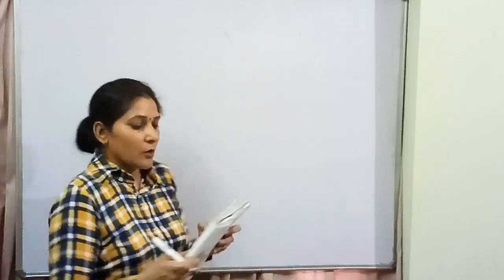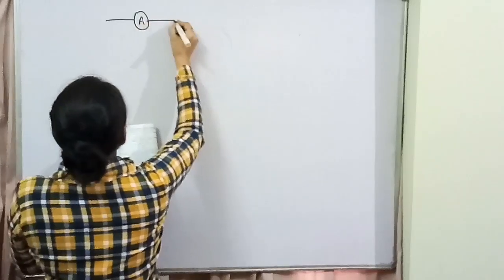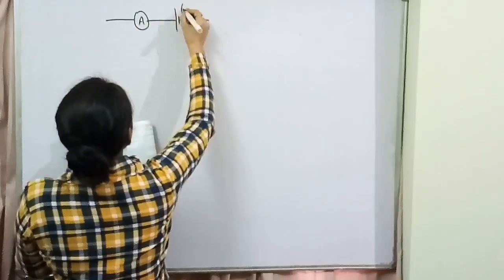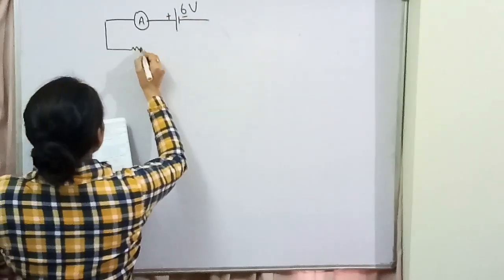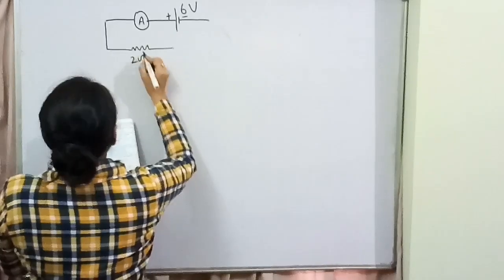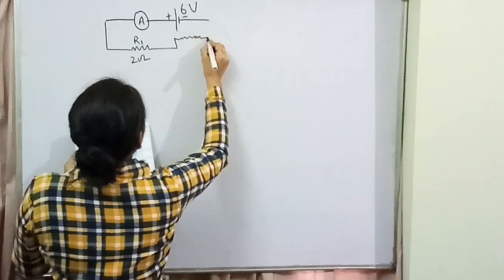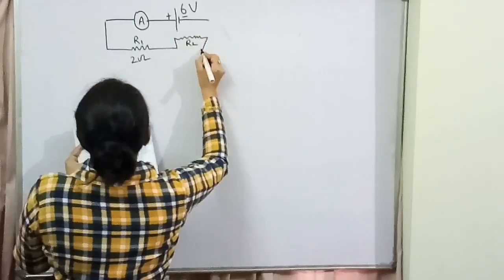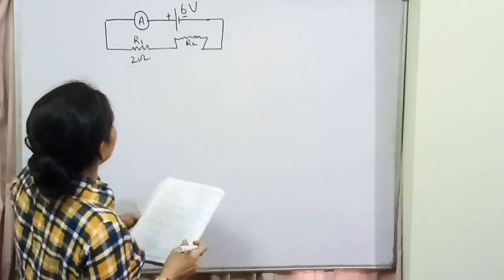Don't worry. Okay. The circuit diagram shown in figure 8.34. They are talking about the figure shown, which means the figure is already given to us. Let us draw that figure first. This is the figure given to us. This is the ammeter. They have given a cell to us, that is 6 volt, with positive terminal and negative terminal. Then they have a resistance over here that is of 2 ohm, and this is R1. Then they have another resistance wire over here. This is R2. Okay, and then the circuit is completed. This is the diagram given to us.